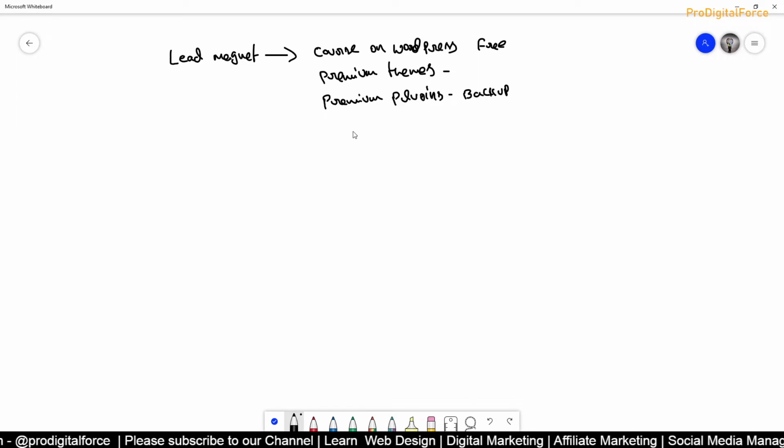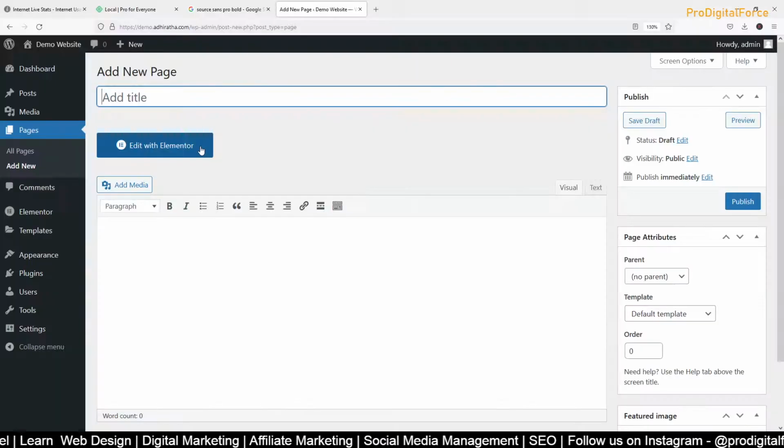So something like this we'll do. So now maybe premium themes we'll say get. So you should be able to tell them in one simple line what you are actually giving them, right? So try to put that in a sentence. That's what we do here.